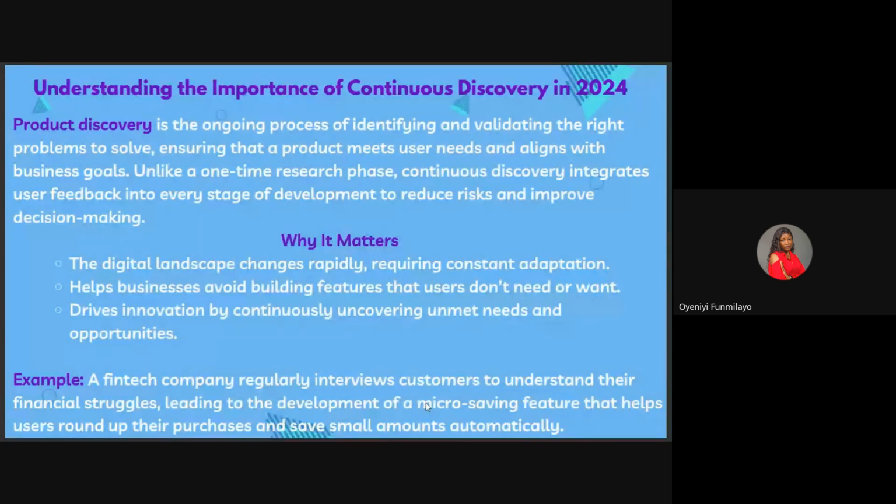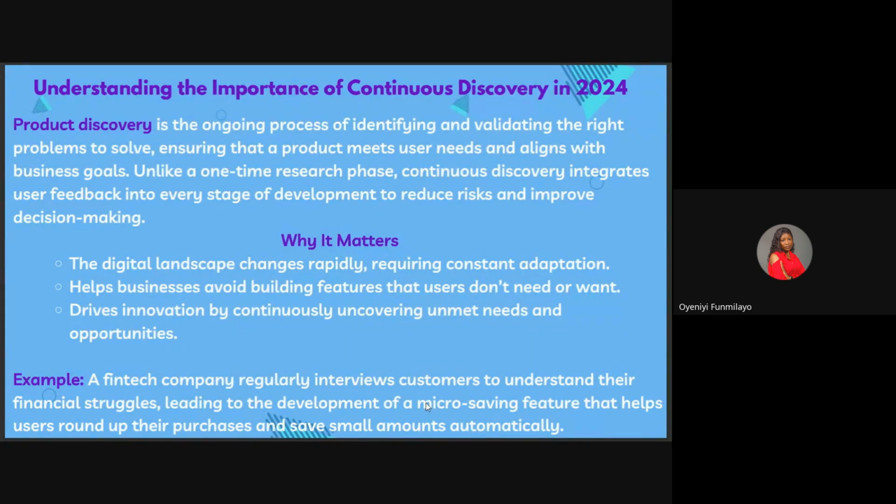So one thing with product discovery is this: every software product we use today is continuously doing product discovery, because things are literally changing in the world. The way we adapt to things, new things are coming up, and the more new things come up, of course, we need to adapt to them. So the best way for a product to be relevant to us is to continuously do product discovery so that we can use their products.